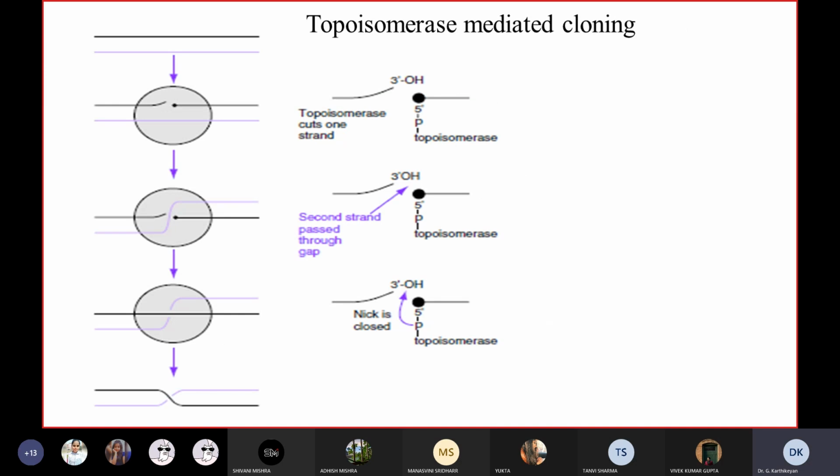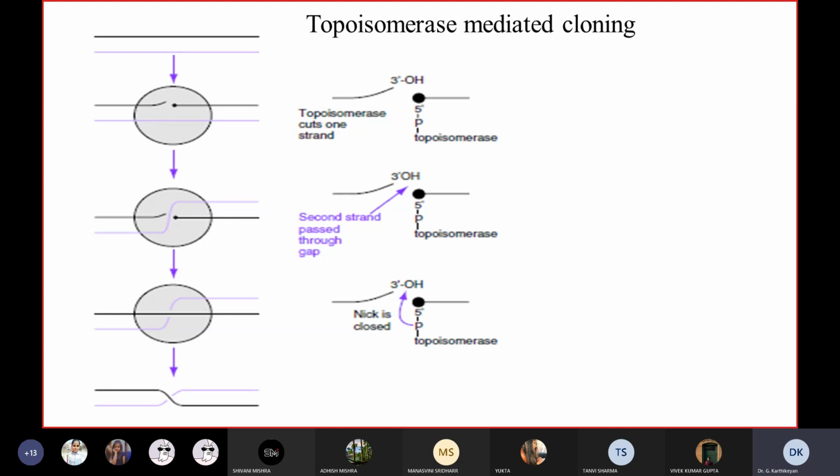Another one of the most commonly used methods in recent years is the use of topoisomerases. Typically, in molecular biology, when people thought about cloning, everybody thought only about ligase. But, as usual, there are people who have this ability to think outside the box. There was a company called, I think, Stratagene. I'm not sure whether it still exists. But not only Stratagene, several other companies came up with this neat trick